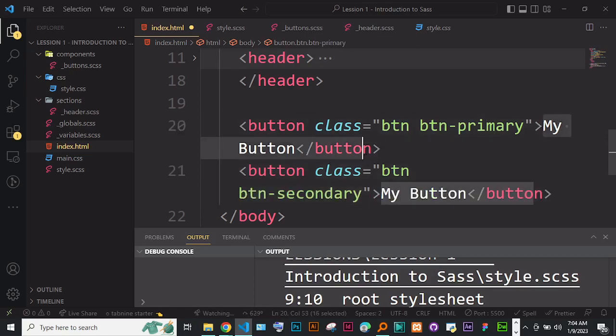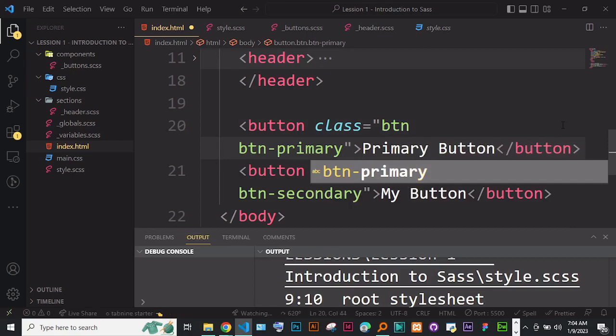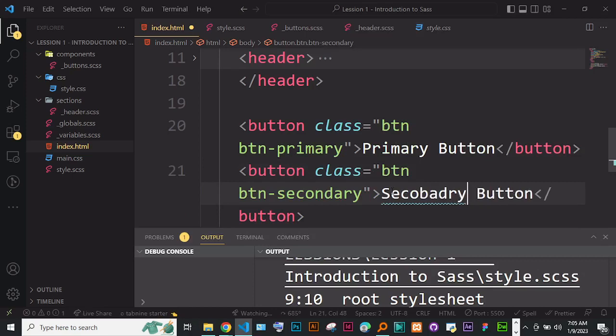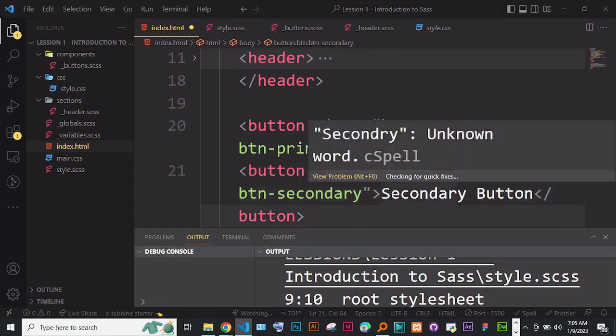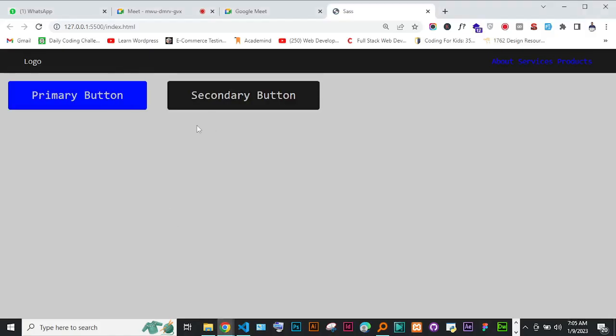And I can even change this one into primary button, primary button, and then this one to secondary here. I'll show you if I see the spelling. Secondary. Okay, so if now we go to the browser, you see we have two buttons just made out of the